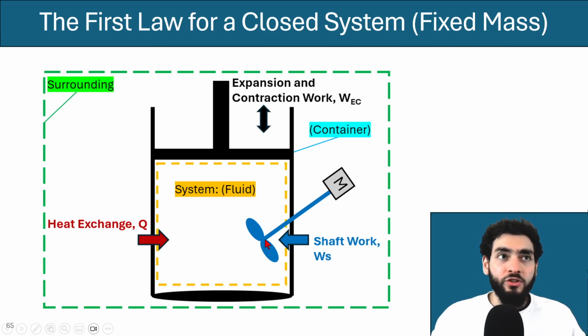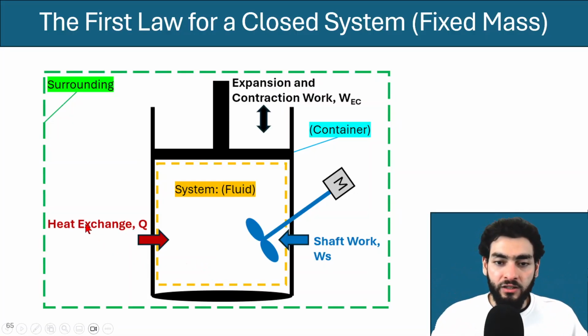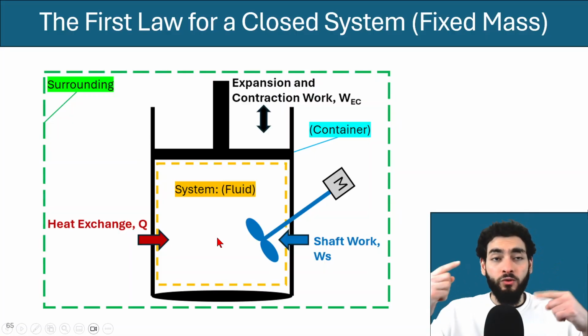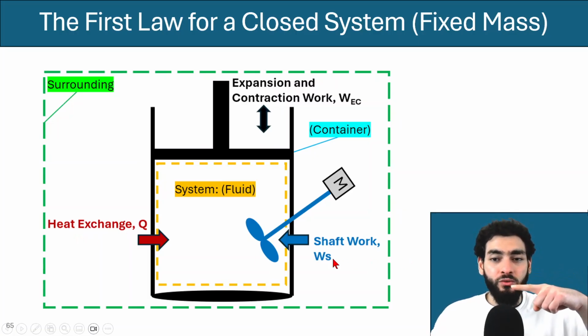So let's start with the first law of thermodynamics for a closed system. You could assume over here you have a fixed mass. So you have fluid inside this container, and this container could communicate with the surroundings because it could receive energy. If the surroundings is cold, then the mass inside will eventually get colder, and the reverse is true. If the surroundings is hot and the system over here is cold, then you have heat being transferred into